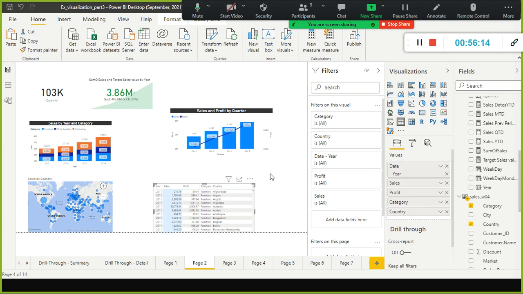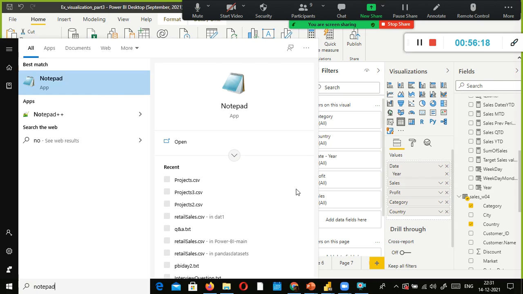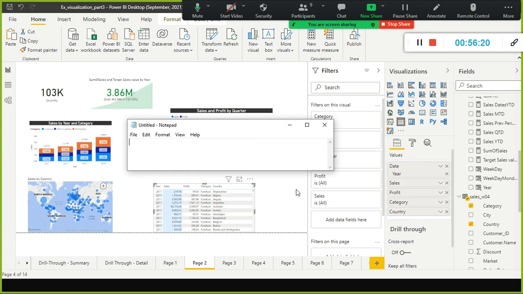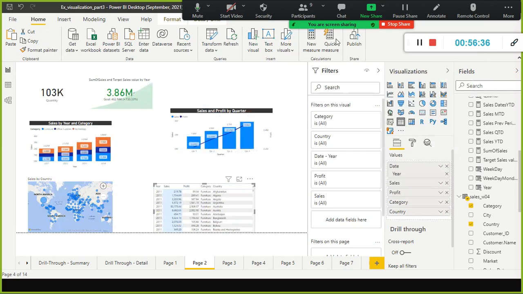We are trying to understand the difference between different types of filters. They will also ask you in the interview, what are the types of filters: visual filter, page level filter, and across reports filter, report level filter. These are the 3 types of filters. Let us use this table. I just selected this visual now.